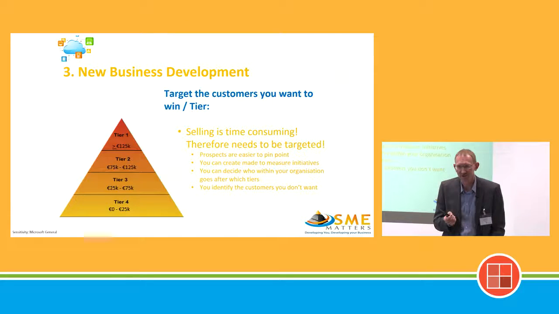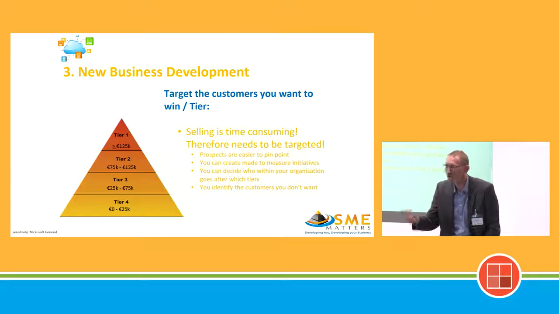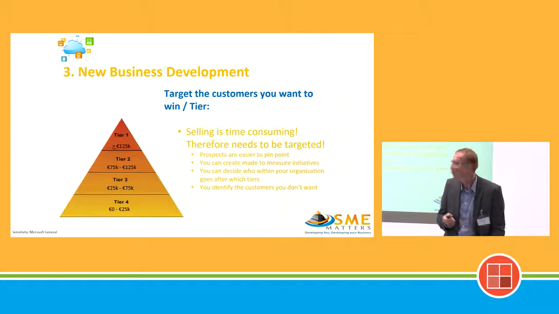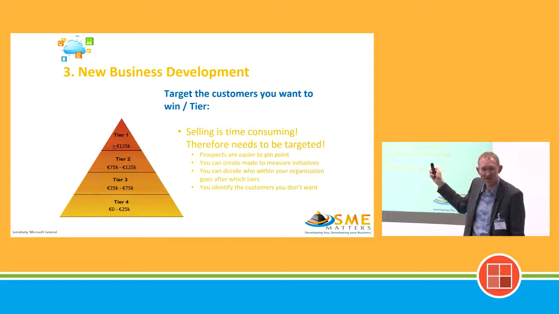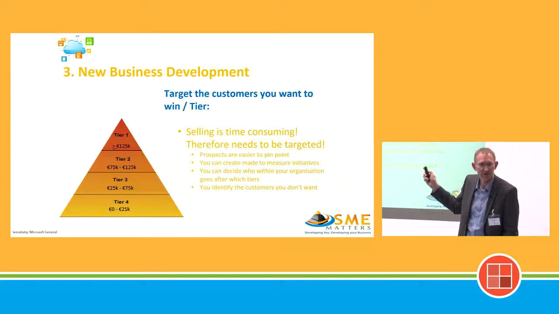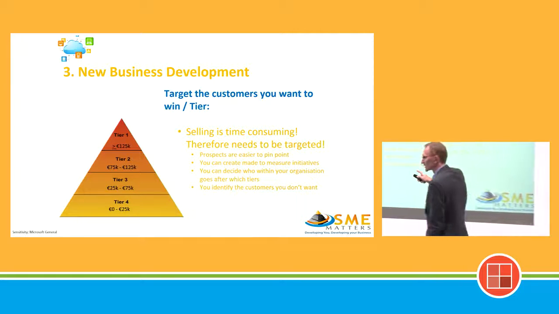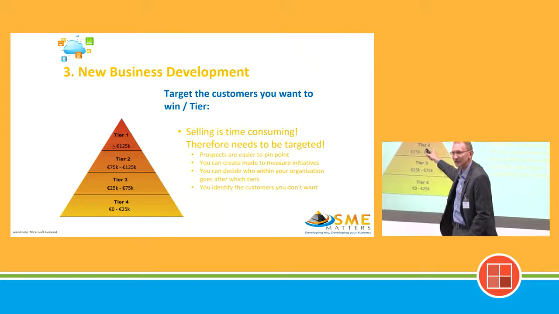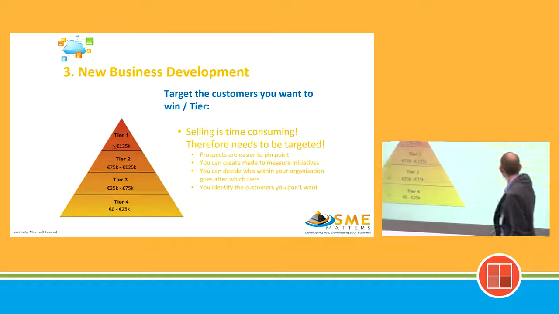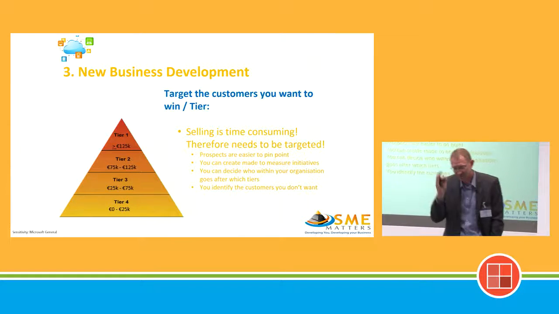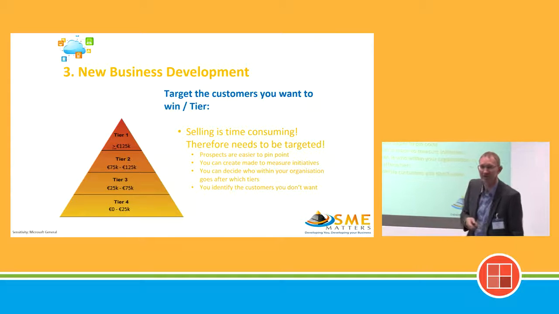Focus on your tier 1 and your tier 2 clients as being the ones that you really want to win. Sometimes they'll come in as tier 3 and tier 4 and give you the opportunity to grow them. But selling is time consuming. Why would you spend time going after tier 3 and tier 4 clients when you can spend the exact same amount of time going after tier 1 and tier 2 clients? And now that you know what your existing customers look like and how good they are to your organization, you know how much revenue they are, you can be very focused on what prospects to pinpoint.